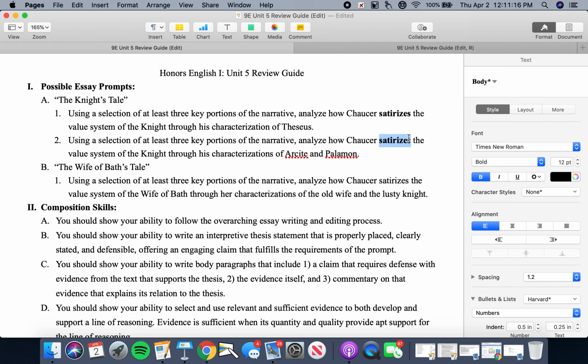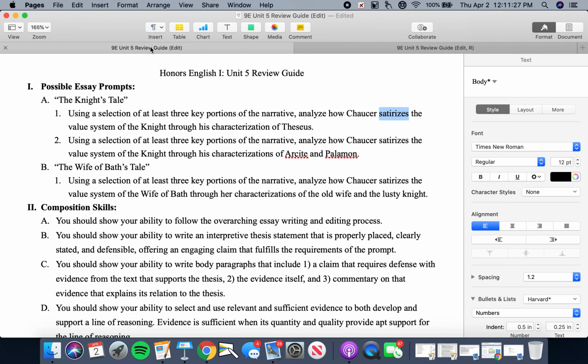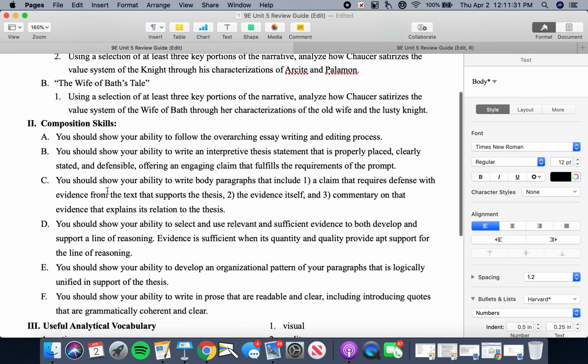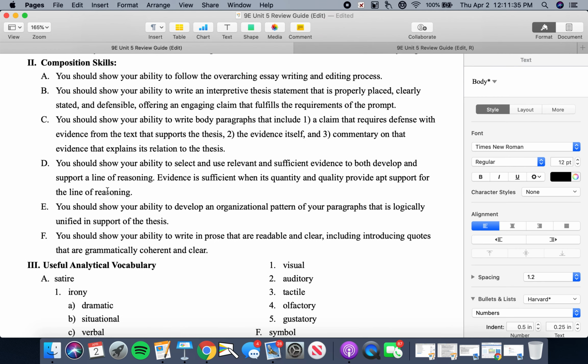So you'll need to be ready for any one of those 3 prompts. If you are in the regular course, you need to select one of those 3 prompts. So hopefully your brain's already churning and you're already deciding what you want to write about. Okay, now regardless of if you're in the honors course or the regular course, I'm going to be looking for a certain mastery of these